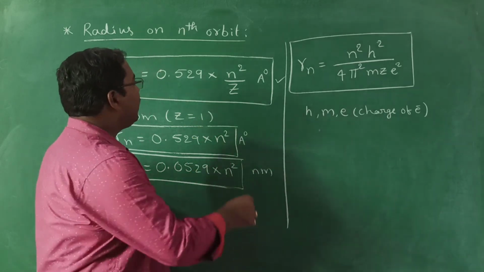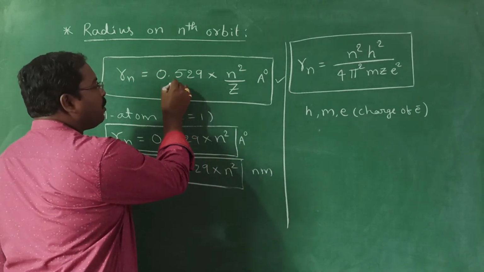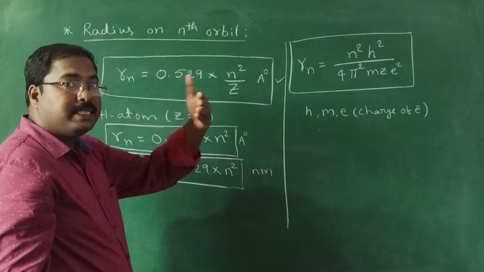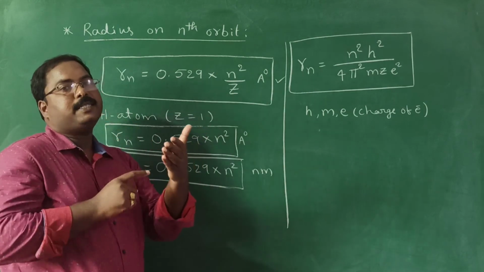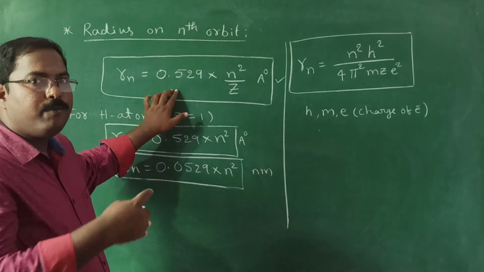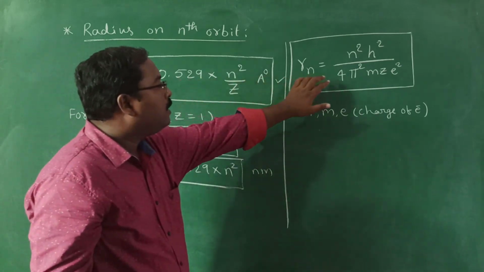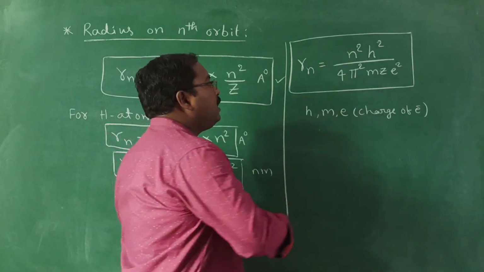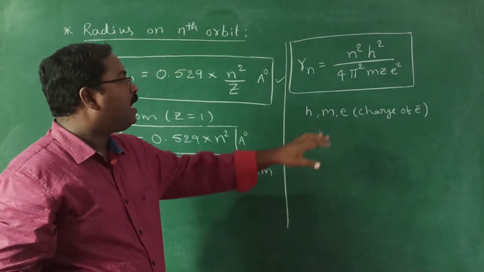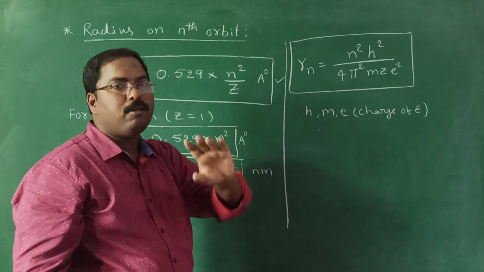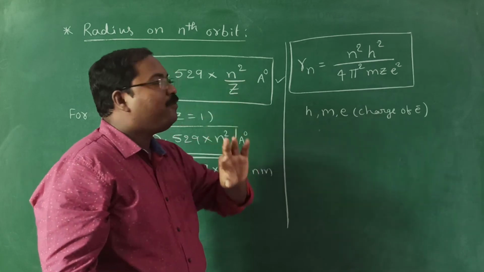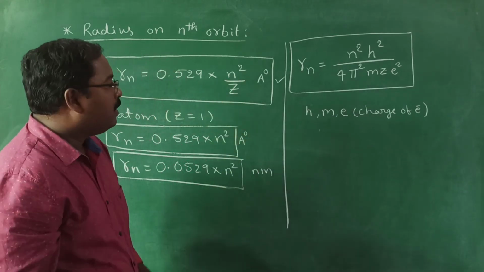So directly, the formula we are going to use to solve numericals is this formula. That is why it is given first, because in revision time, beside the heading, we need to remember the formula. But from where we got this formula, this is the one. It has no use; we are not going to use this formula to solve the questions. You need not memorize that formula. Don't be confused by looking at it.